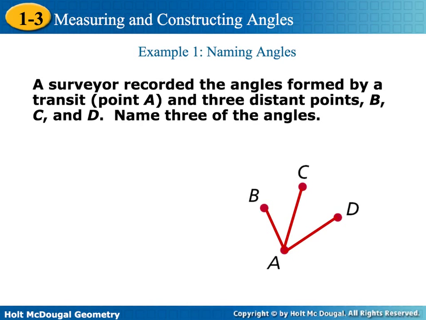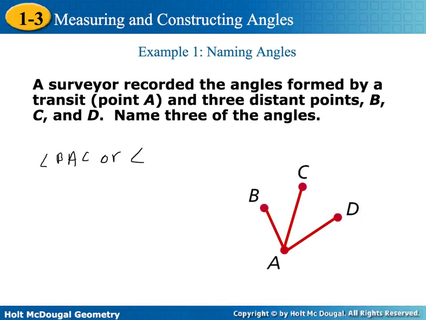All right, so a surveyor recorded the angles formed by a transit, point A. So point A is where the transit was, and 3 distant points, B, C, and D. Name the 3 angles. So there are 3 angles kind of happening. There's these 2 small ones, and then there's this big one. These are all angles. This is the small angle, this is a small angle, and then this is the angle that the 2 add up together. So let's start with first this little one. To name that little one, I can either call it angle BAC